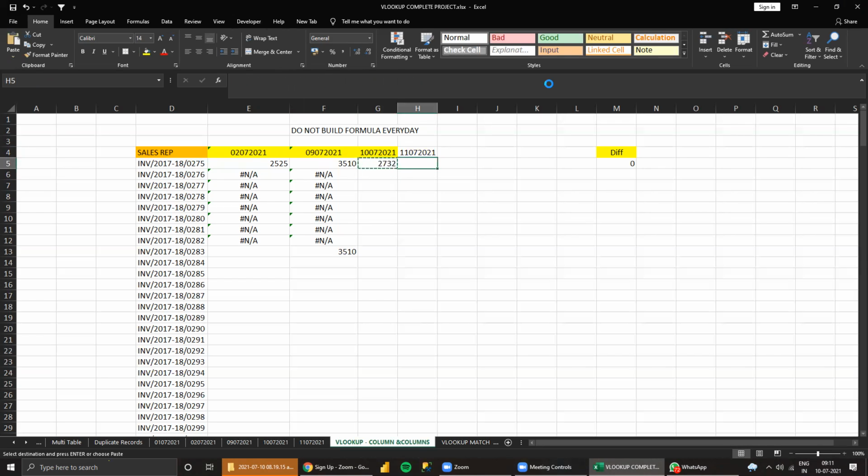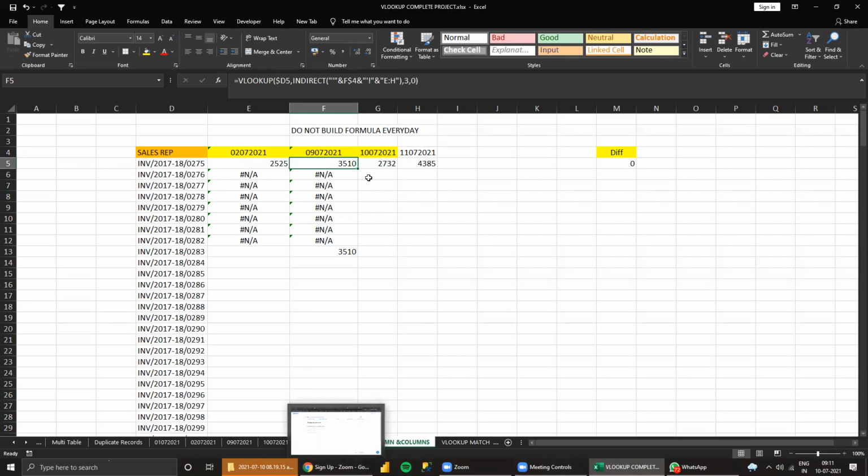Sorry. Copy and paste. See, 11th. This is the date, but based on the tags, it will come automatically. People are always doing VLOOKUP. Imagine if you forget to change the VLOOKUP. That's all. Your result will go wrong. Right? But this is a way. Address INDIRECT is very, very important for dynamic things.